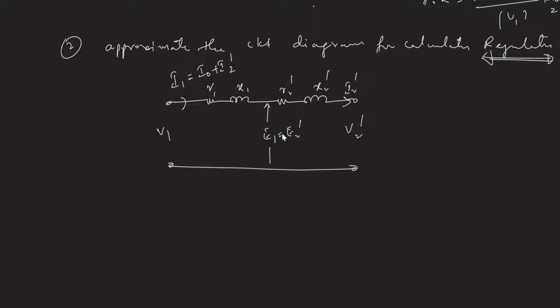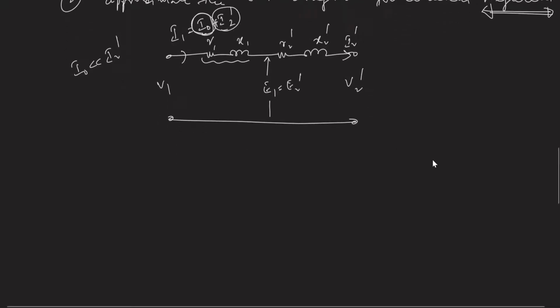Now this component is very small as compared to this component. Because this is very small compared to this component, the voltage drop caused due to only I0 is very small, right? So that is why they neglect this I0 component and the shunt component, right? Now under this condition our phasor diagram will be very simple.